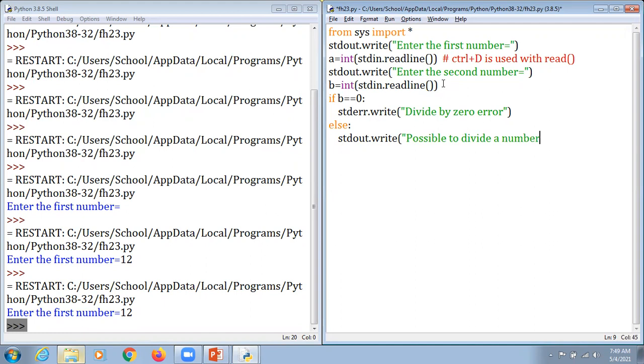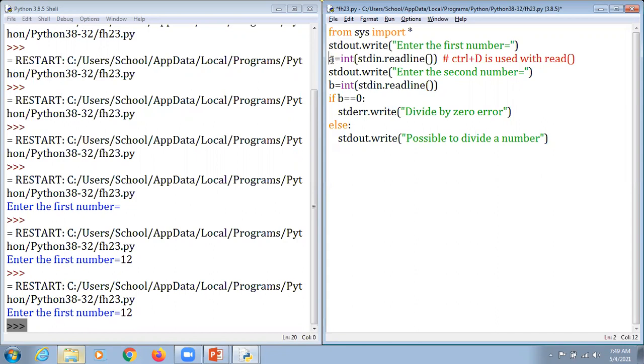A number, and we just hold down. Now what happened here, dear student, kindly concentrate, because instead of using print here, we are using the command standard output and write, which is used to display the content on the screen.